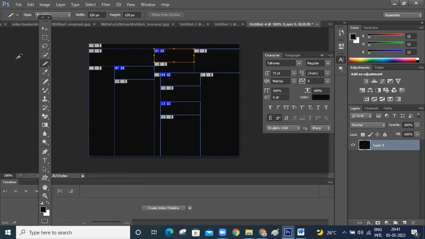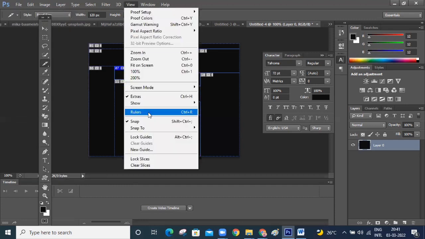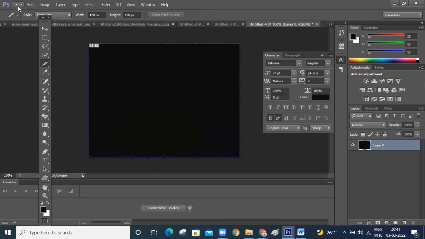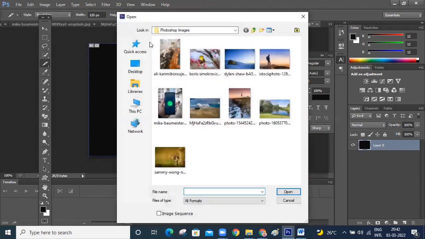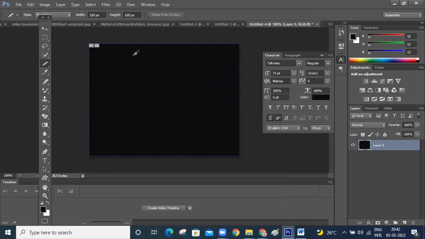Now we will see how to cut in image format. I will open one image. I will clear all slices. I'll open one image. This image.